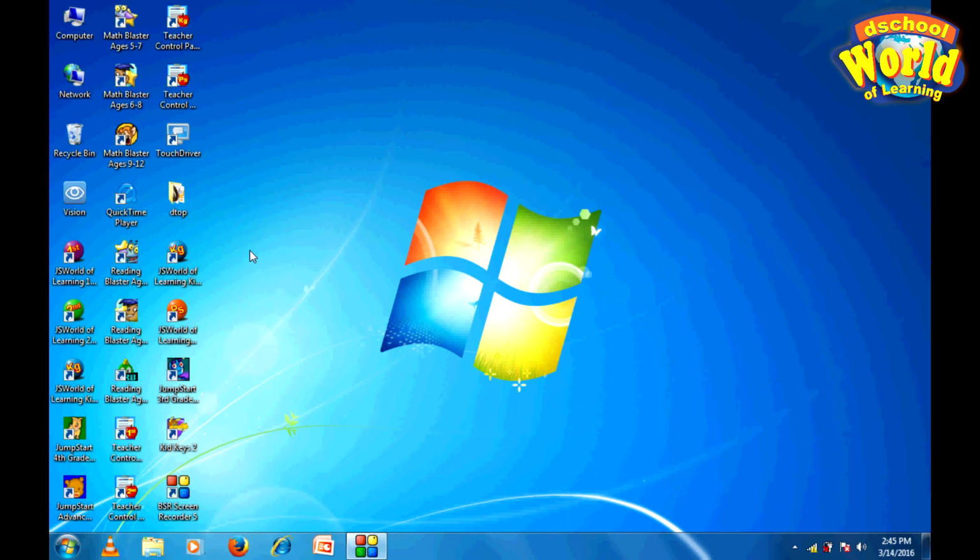The first icon is usually a ball, and the second icon is like a clipboard paper, okay, with an apple at the bottom right corner. So for this sake, we are going to use kindergarten. Locate the blue ball written KG, and then the teacher control panel is the red apple at the bottom right written KG. So we'll start with the teacher control panel.